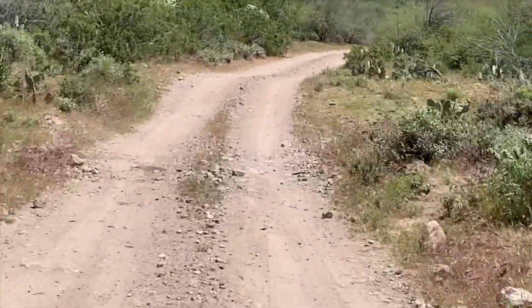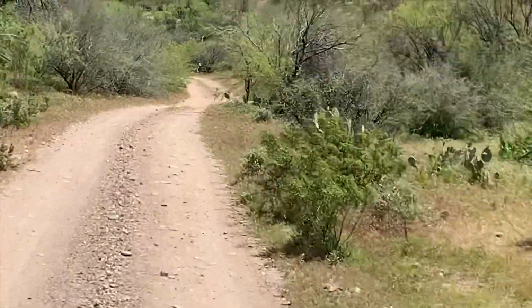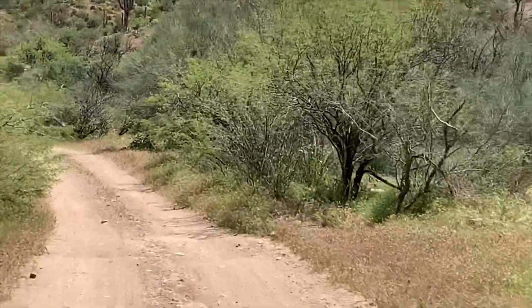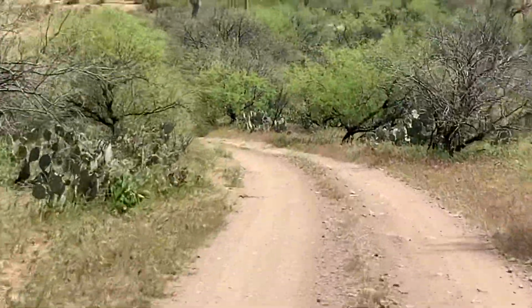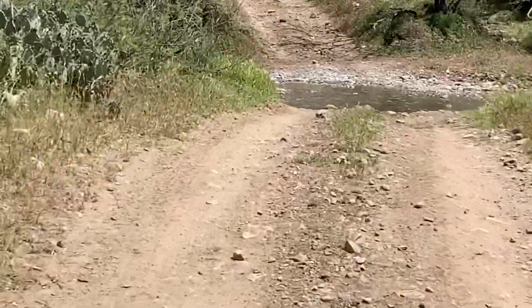The creek was running up here. Had some water in it. I'm just going to show you guys before I stop filming to drive back out. There it is, I think. Yeah, so